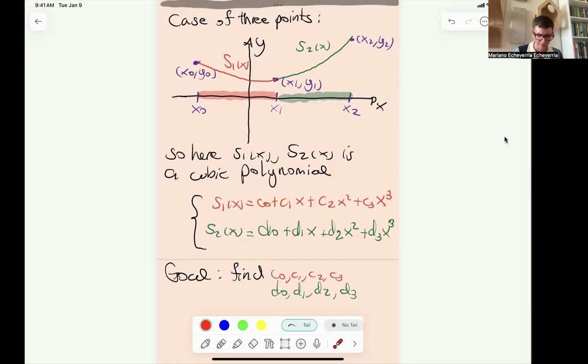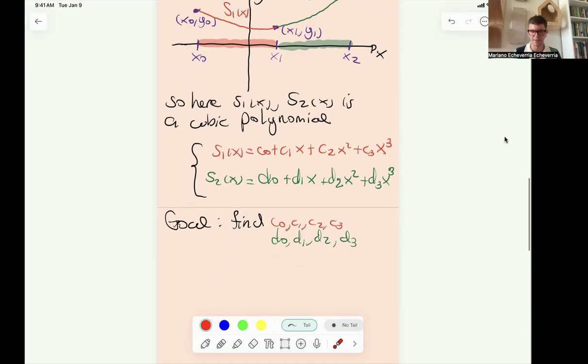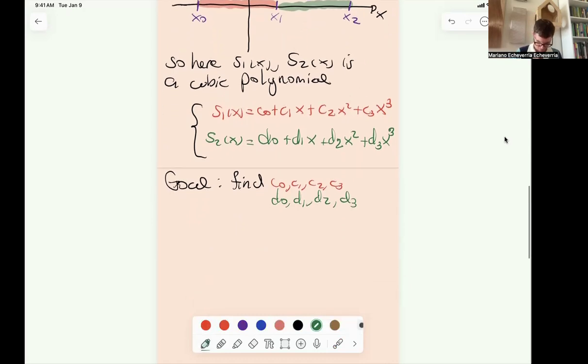Well, I'm actually four. I mean, there are 3 points. Okay, and so the interpolation condition is that S1 should pass through this point and this point, and that S2 should pass through this point and this point. And that actually gives you two equations, one for each spline. Let's call these interpolation conditions, or the interpolation equations,